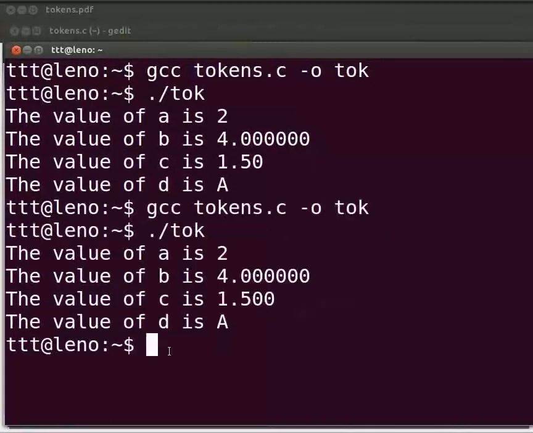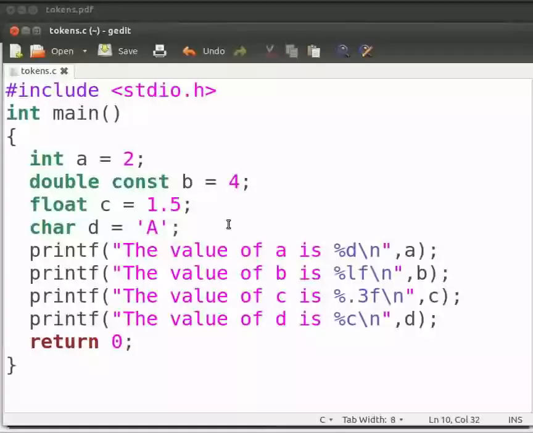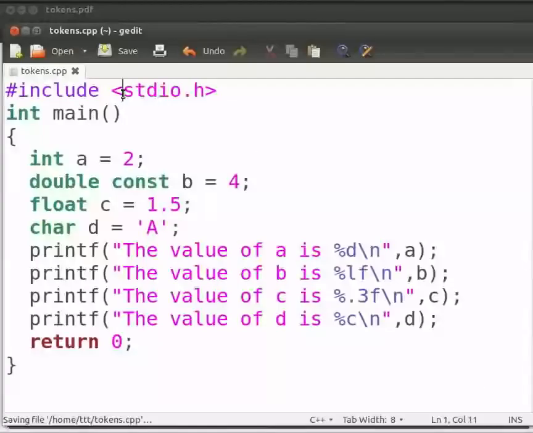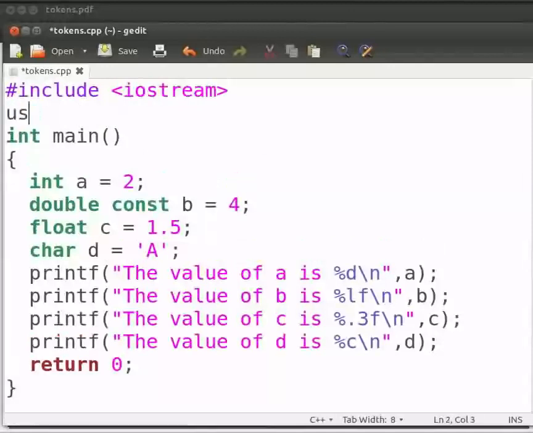Now we will execute the same program in C++. Come back to our program. I will change a few things here. First, press Shift, Ctrl and S keys simultaneously on your keyboard. Now save the file with an extension .cpp and click on Save. Let us change the header file as iostream. Now include the using statement